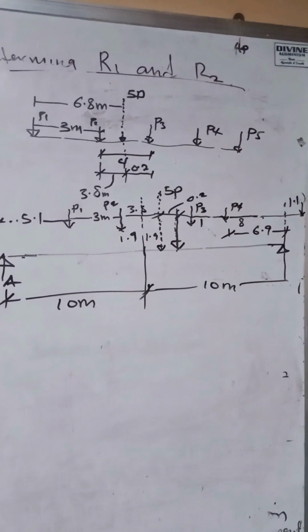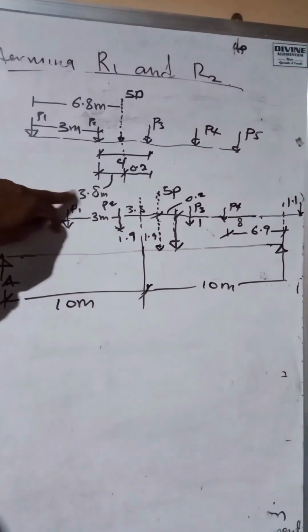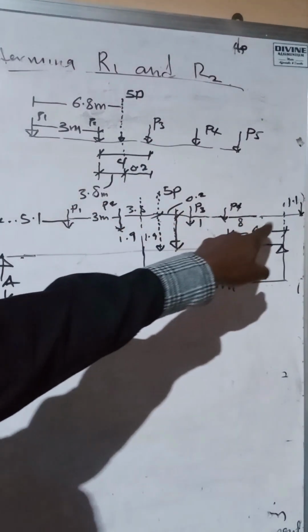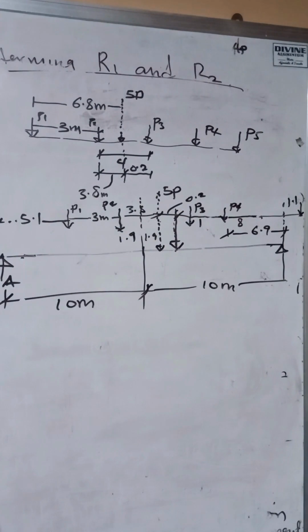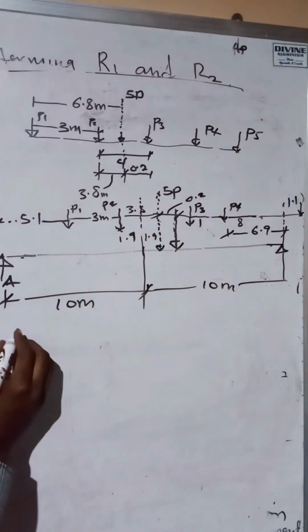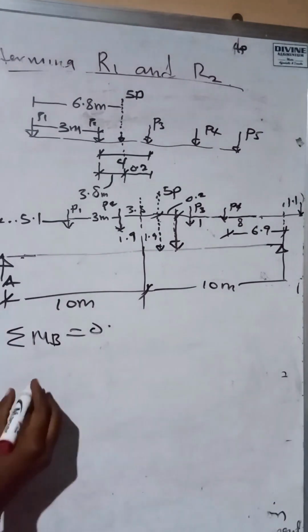So quickly, let's determine the maximum moment. Like I said earlier, we have P1, P2, P3, P4, and P5, which is totally out of the beam. So P5 is out. Let's get the maximum moment. We can say, taking moment about point B to be 0, we can have